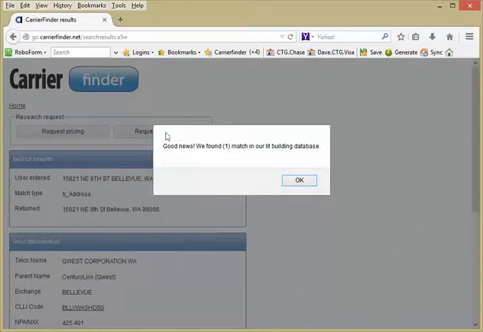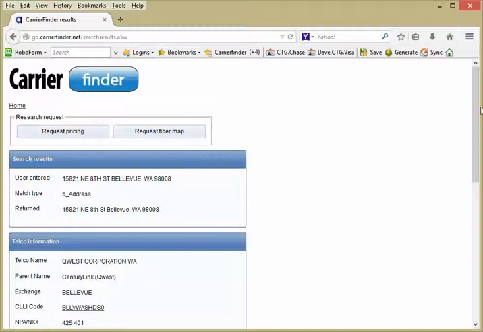So the first thing we're going to see, and this actually was implemented previously, is that we now search for lit buildings and give an indication if there is a lit building. Okay, right up here, number one change,